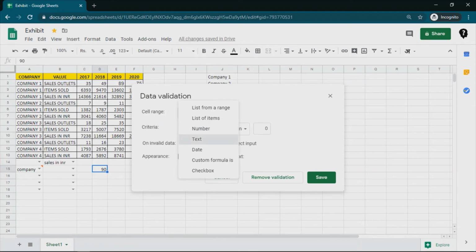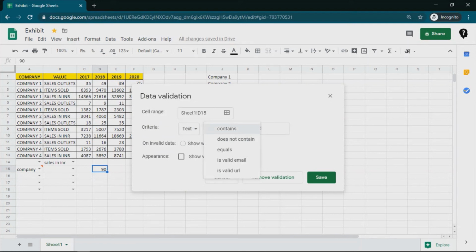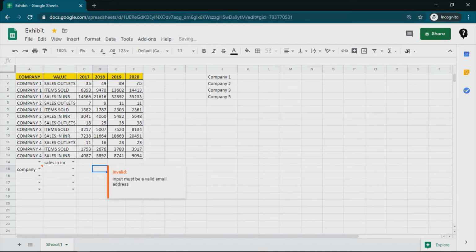Similar is the case for the text. We can only enter text with the preset condition whether the string we are entering contains the particular set of characters in it, if it does not contain or equals, if it's a valid email. So for example, if it's a valid email and say enter. So let me see here, test email.